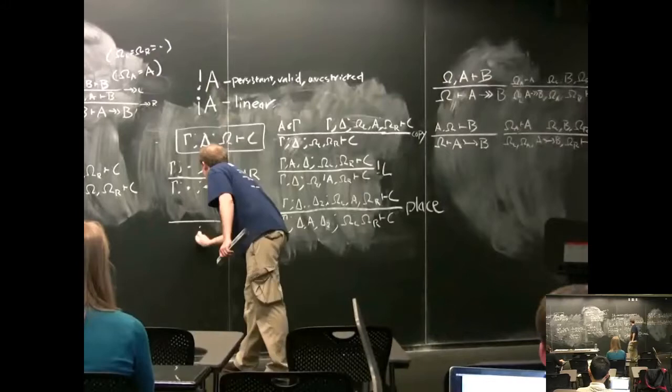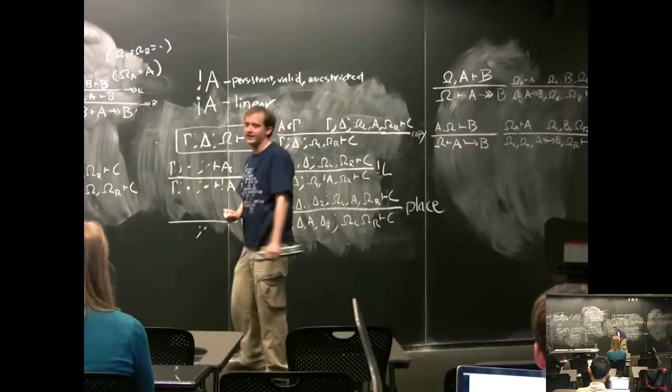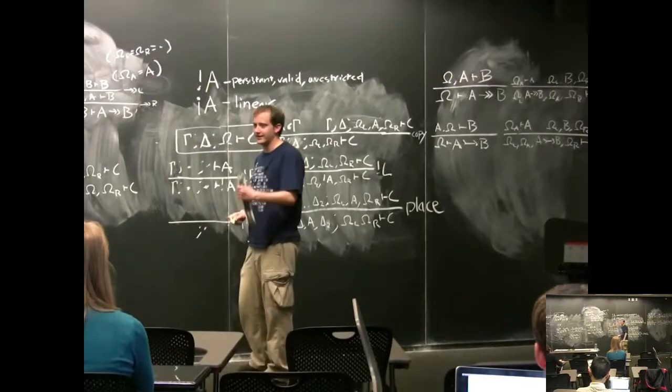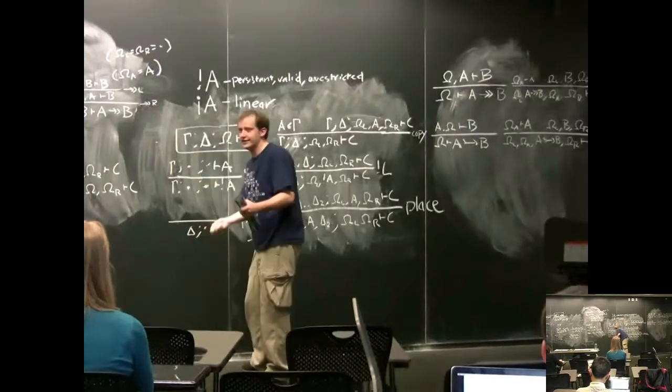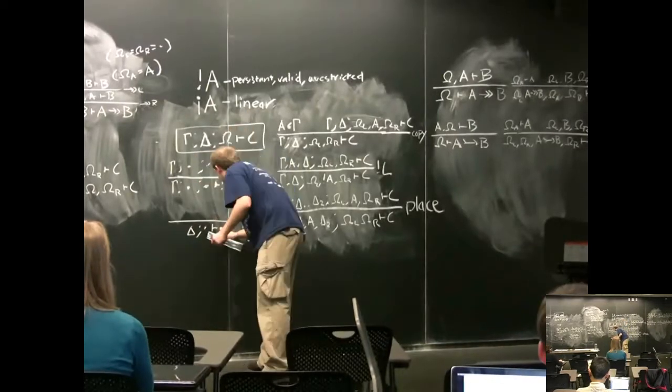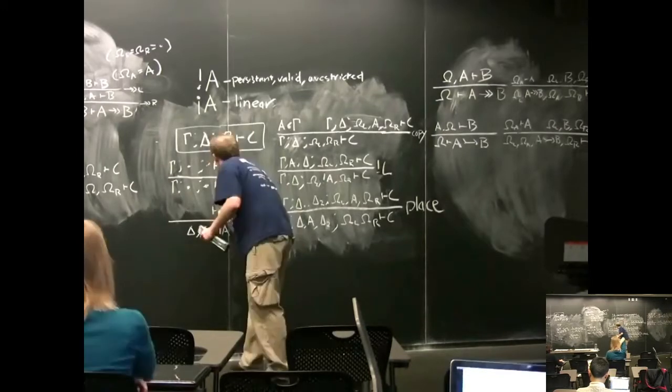The right rule does require that the ordered context be empty, because if I want something to agnostically be anywhere in the context, there can't be ordered stuff around. But there can be linear things floating around. So this is A,